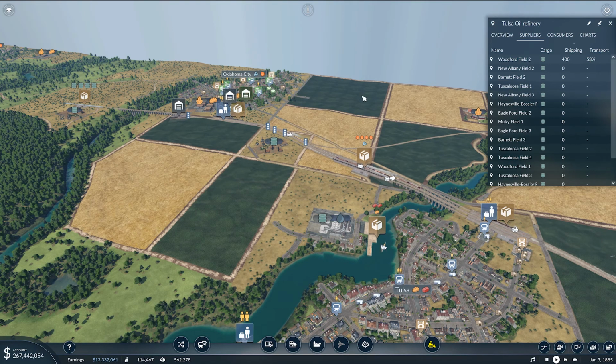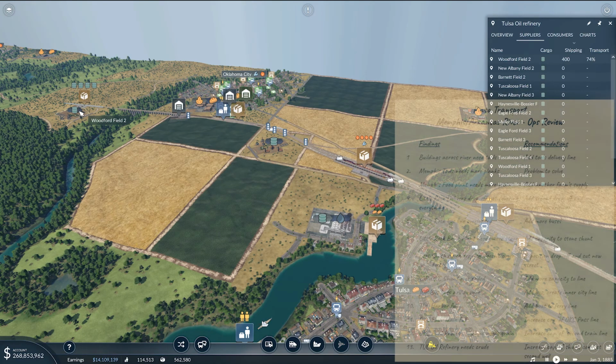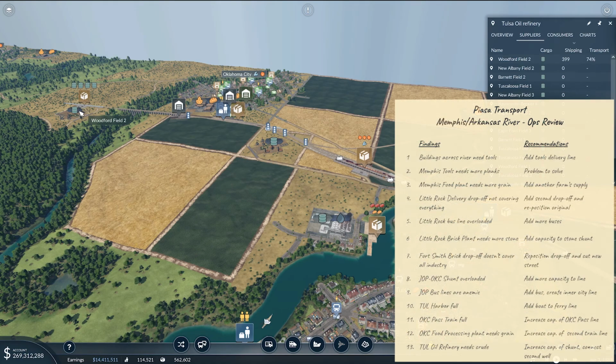oil. We have 2 oil wells nearby. We have this one, which isn't delivering anything at the moment. And then the established one, which we've had for quite a while, is only shipping 50% or 60% of its capacity. So she's going to put on her punch list that this Tulsa Oil Refinery needs more crude,